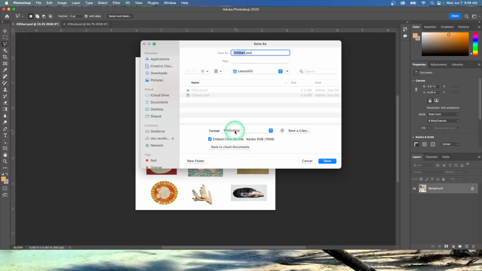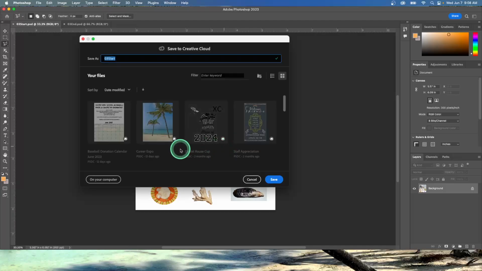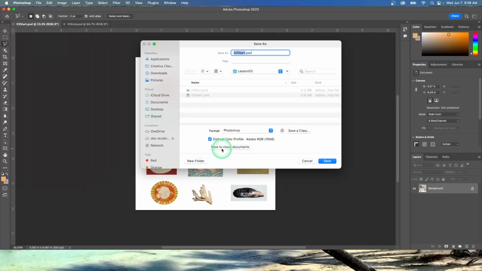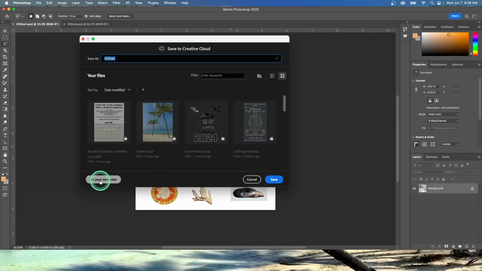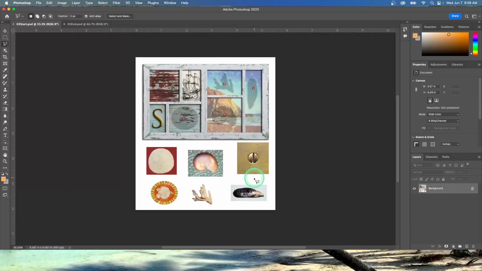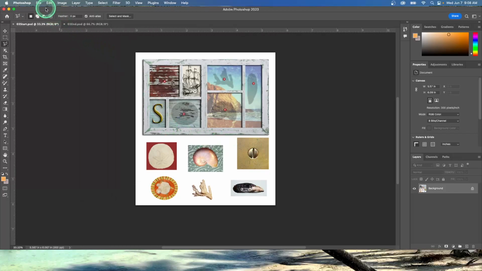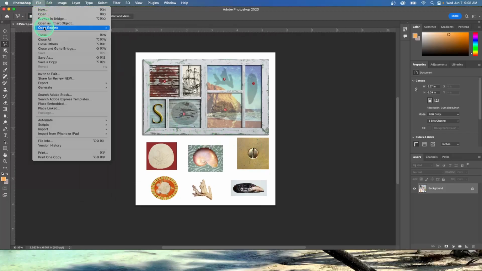And you see right here it's Photoshop, Save to Cloud Documents. So there's a difference. We're going to click Save to the Cloud,